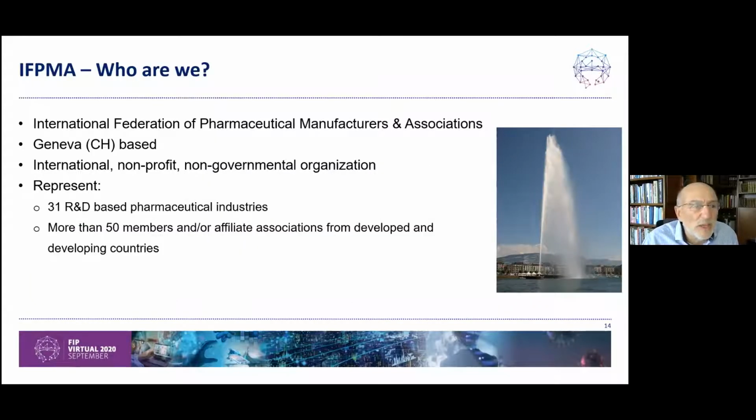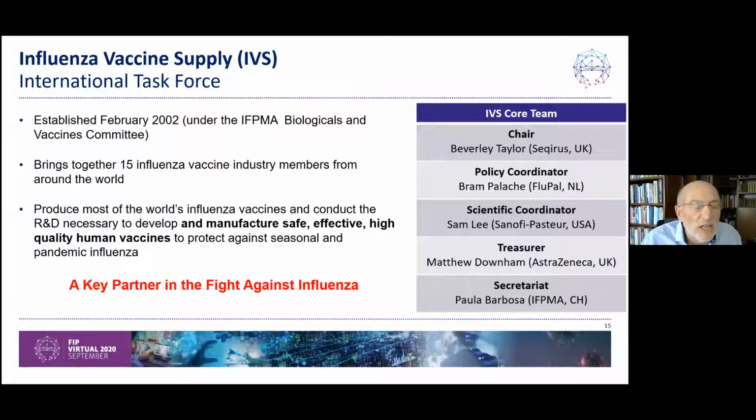The IFPMA is an international non-profit, non-governmental organization. It represents 31 R&D-based pharmaceutical industries with more than 50 members and affiliate associations from developed and developing countries, as you will see in the next slide. It was established in 2002. From the group, it has 15 influenza vaccine industry members from around the world, from China, from Japan, from Australia,